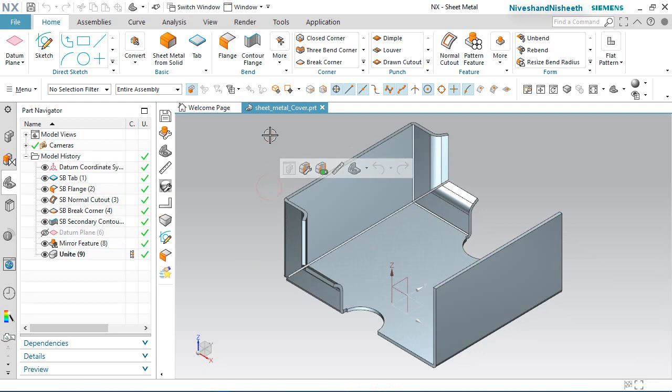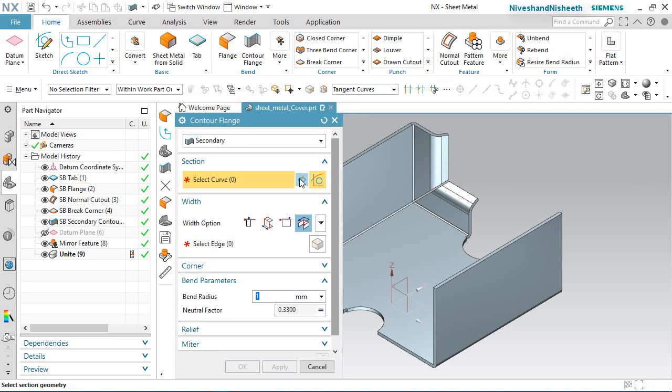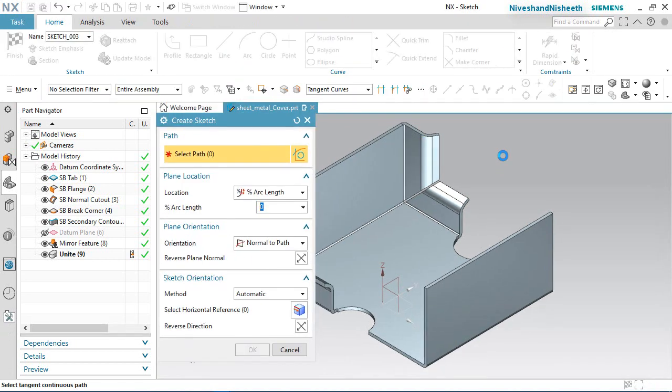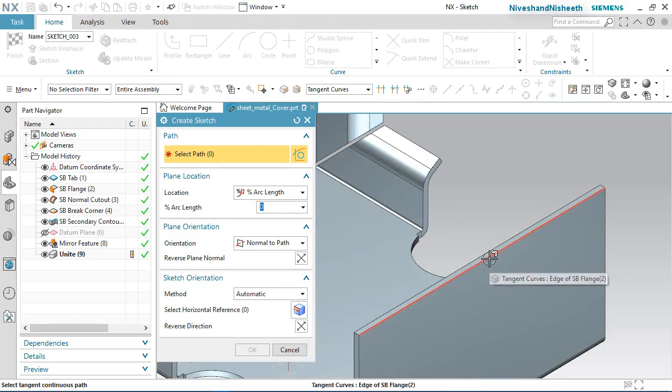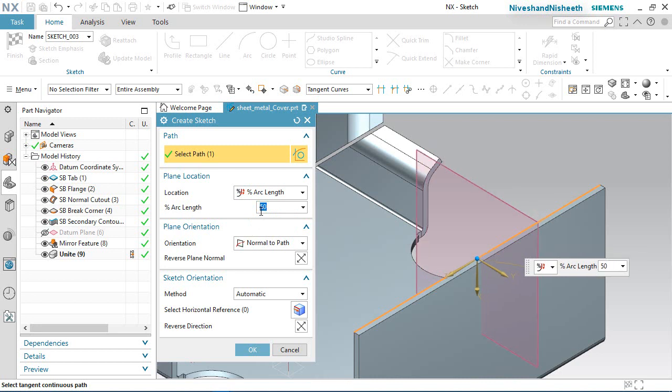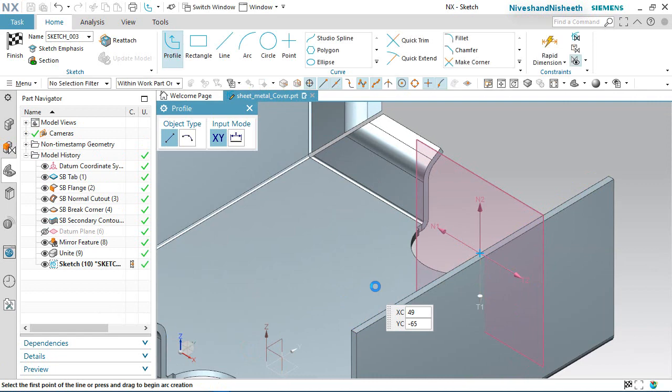Activate the contour flange tool. Select the sketch section mode. In the path area, select this edge. In the arc length value, set the value 50% so that my sketch starts over the midpoint of this edge.